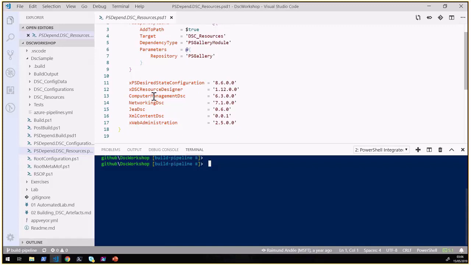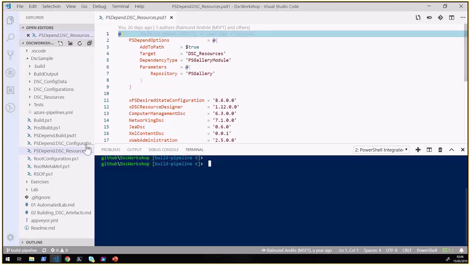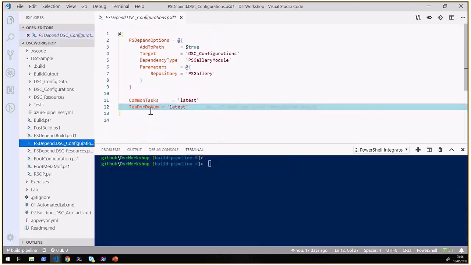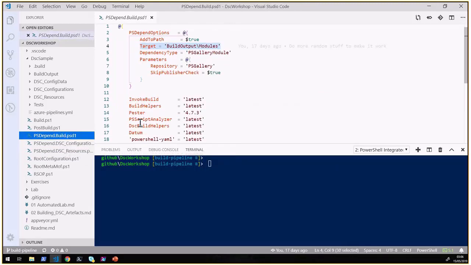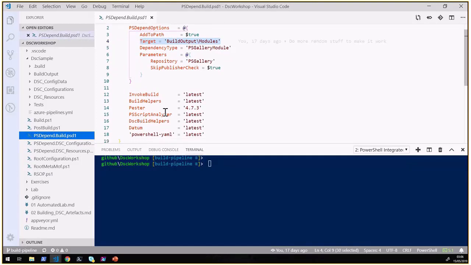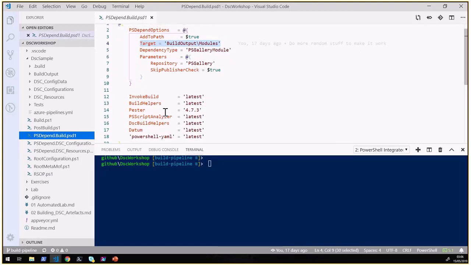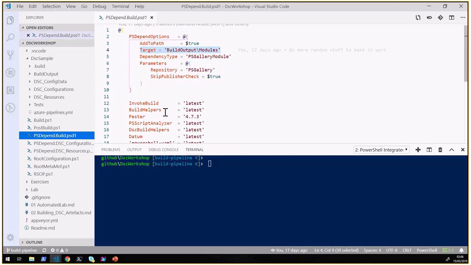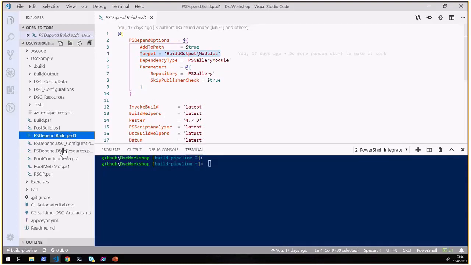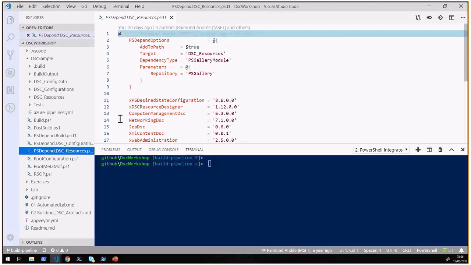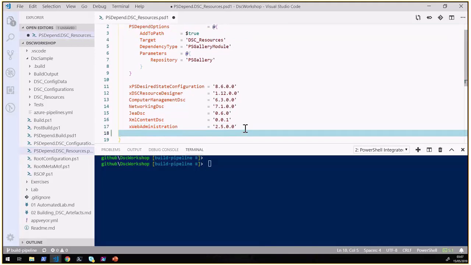Git repos. So here's some stuff we downloaded from the gallery. If we have a look in here, where is it? Sure, there's one of these. Oh, all of these have been changed to be modules from the gallery. Great. There were some examples using Git repos, but it's a case of just give it a name. So if I went